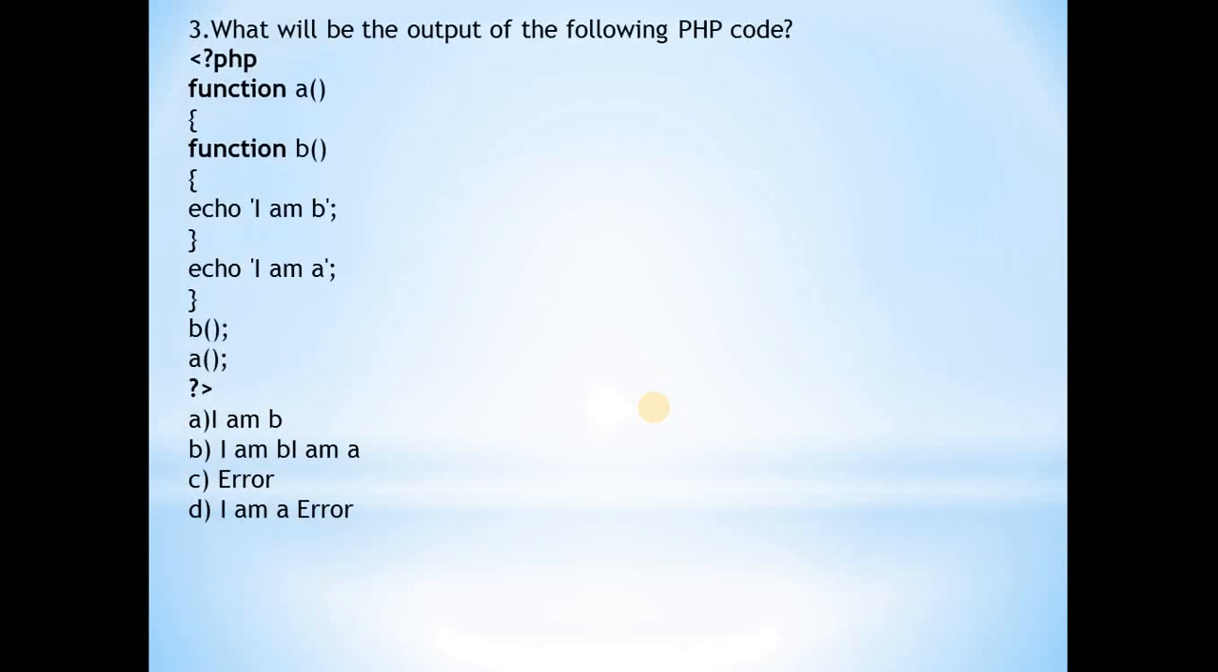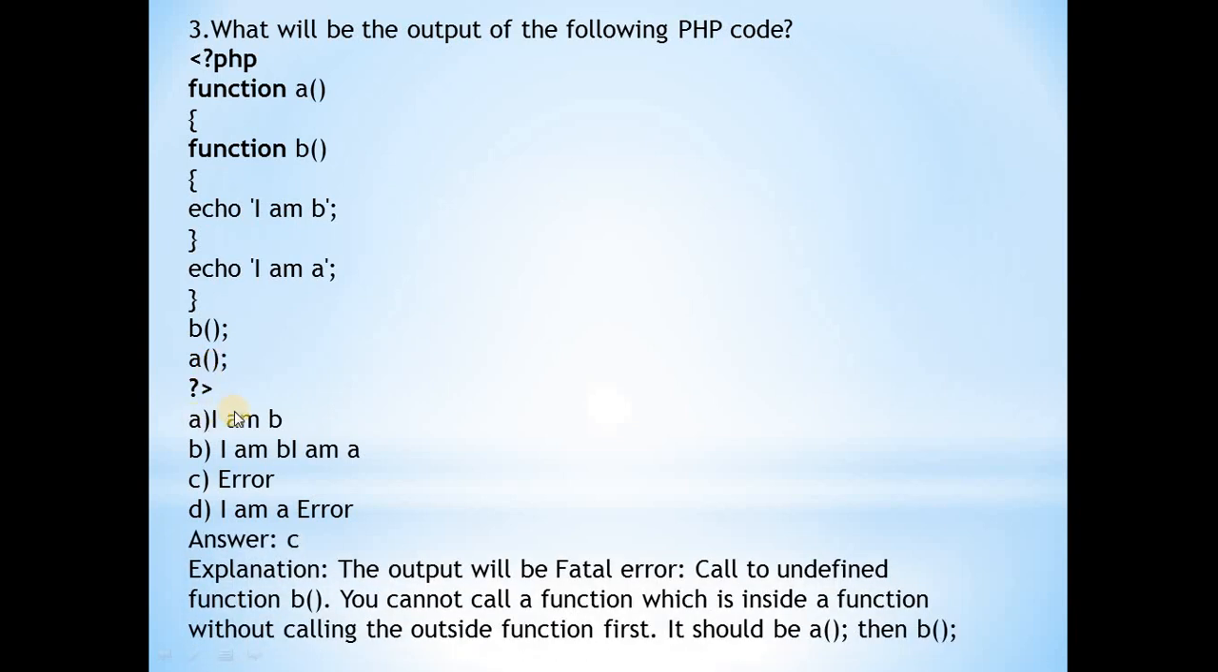Third question is what will be the output of the following PHP code? In the given code, two functions are given. A is the function. B function is inside function A. Inside B function there is echo statement, and outside B function there is again one echo statement of A function. End of the function call is to the B and A function. Here answer is C, that is error will occur